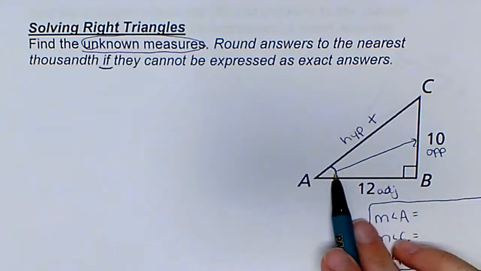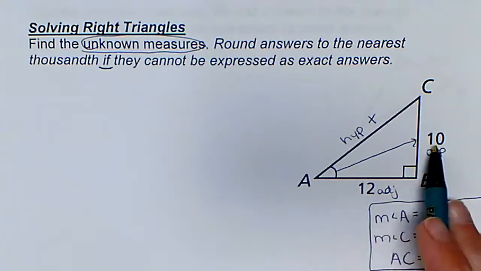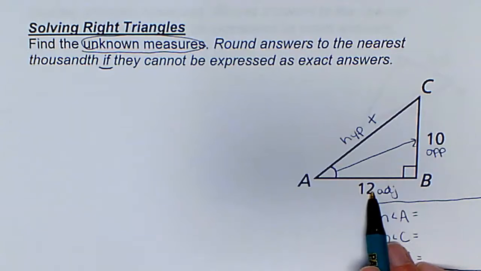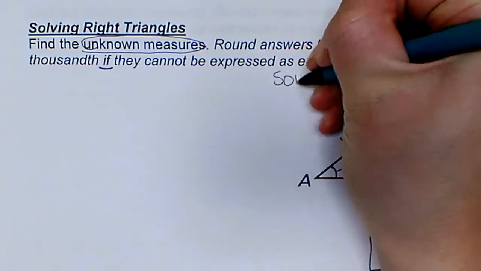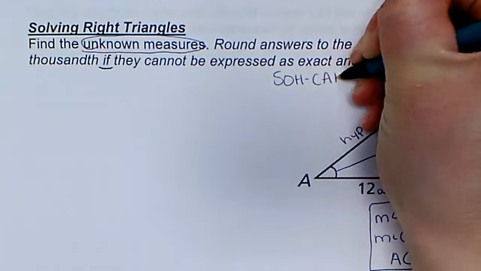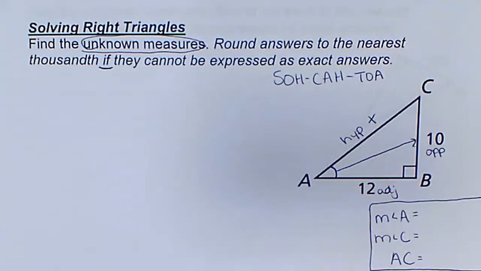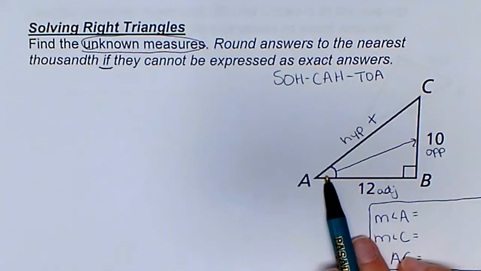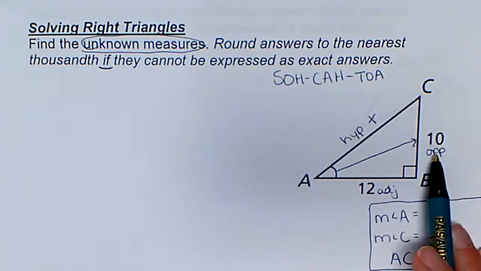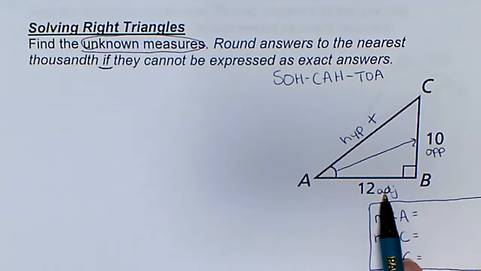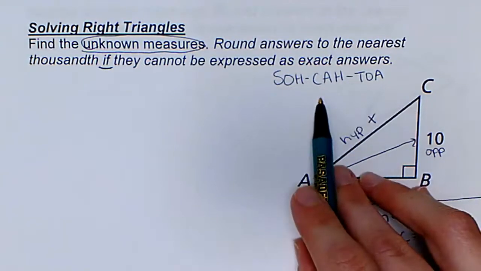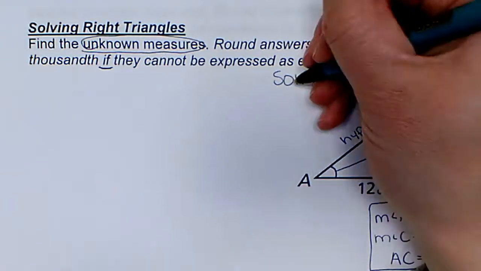Well, if I'm looking for the measure of angle A, I better use a trigonometric ratio that uses the two side lengths that I already have. Well, if you have trouble remembering your trigonometric ratios, I'm going to write SOH CAH TOA to help you remember. If I'm finding the measure of angle A, that means that I need to use the two sides that have measurements. That would be the opposite and the adjacent. So if I go look at the trigonometric ratios that use opposite and adjacent,